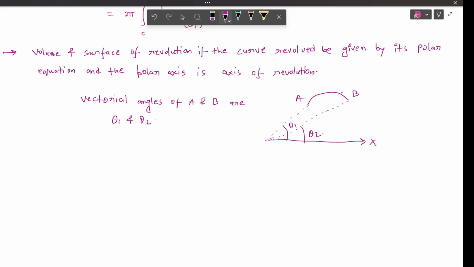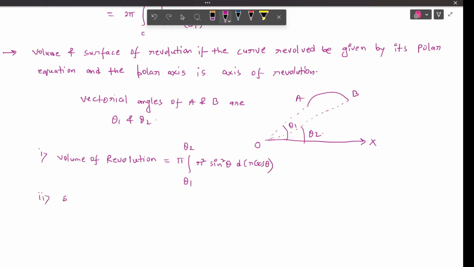If AB is revolved about the polar axis OX, then volume of revolution would be pi integration from theta 1 to theta 2 r square sine square theta d of r cos theta,